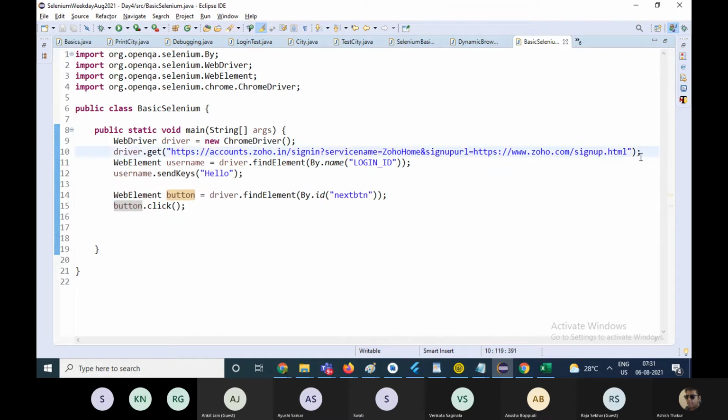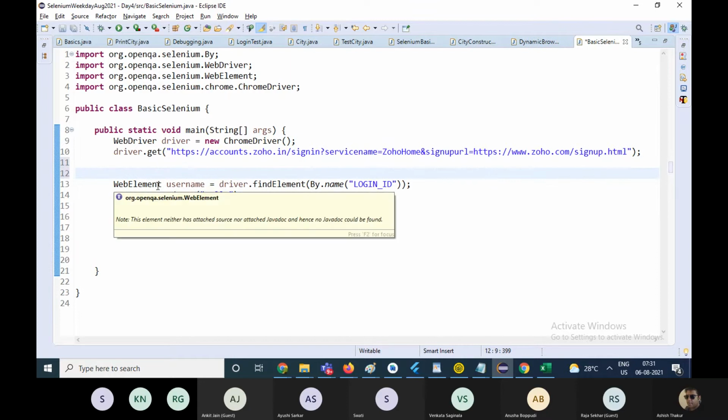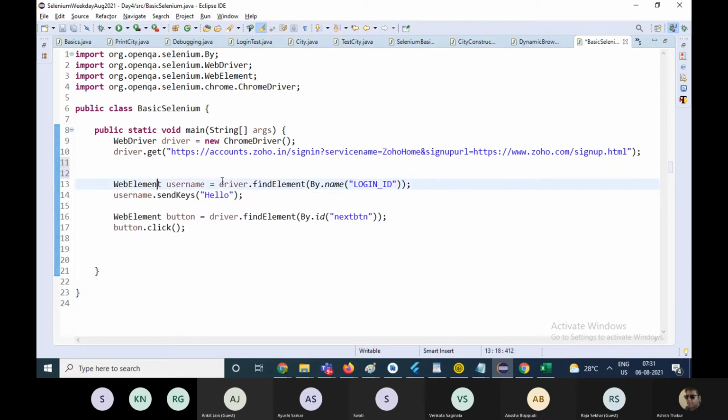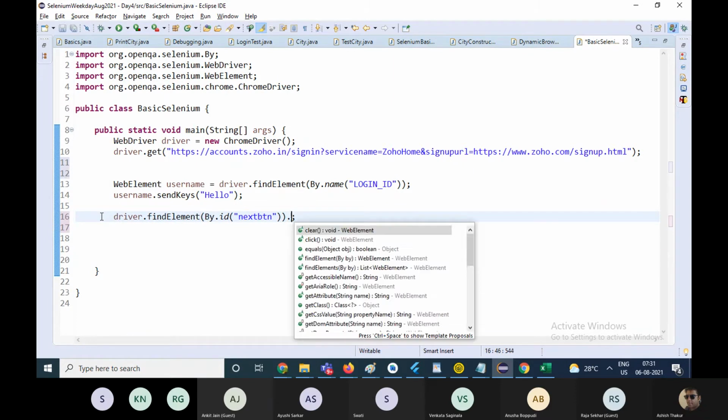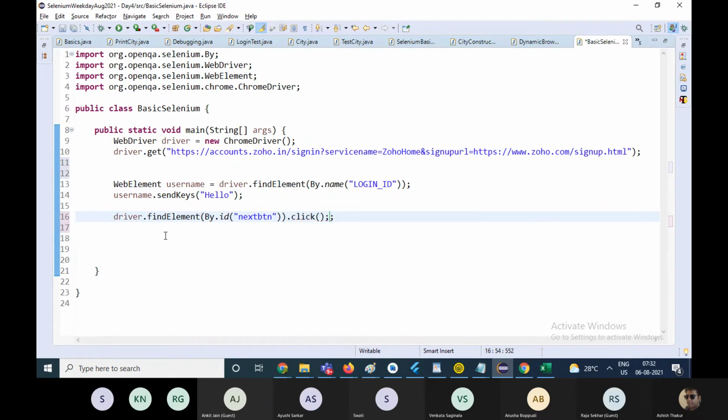Instead of this, at times, we just write one line. You can remove this and remove this and directly write dot click. Okay, so what happens is that the execution starts from left to right. First, the web element is extracted. Okay, and then on that, the click function is fired. And similarly for the password, you don't need to write 2 lines.